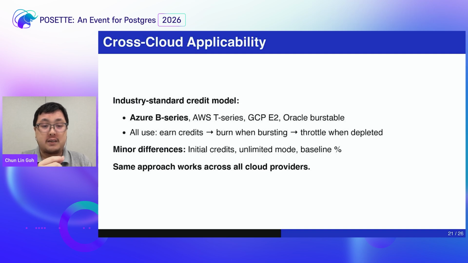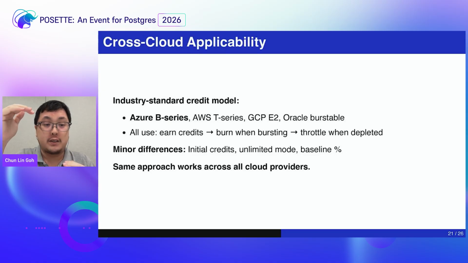For AWS, the initial credits of the T-series always start with 0, unlike Azure, which is 60 or some non-zero number, depending on your size. And in AWS, there's this thing called unlimited mode. So unlimited mode in the T-series means that